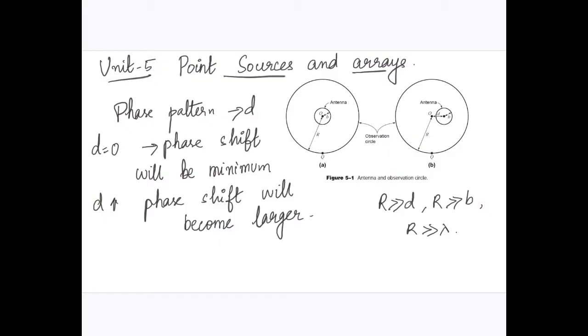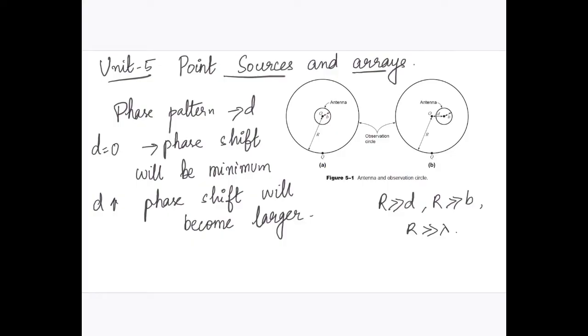If you consider the pattern of any antenna, it can be regarded as produced by an array of point sources. The waves originate from the point source. If you consider the center of the antenna as a point source, it will emanate equally in all directions. For example, consider a stone thrown into a pond. It creates ripples equally in all directions. In the same way, a point source at the center will radiate equally in all directions, emanating power equally in all directions.